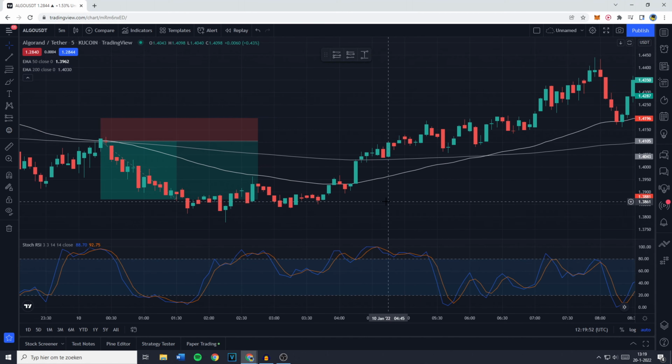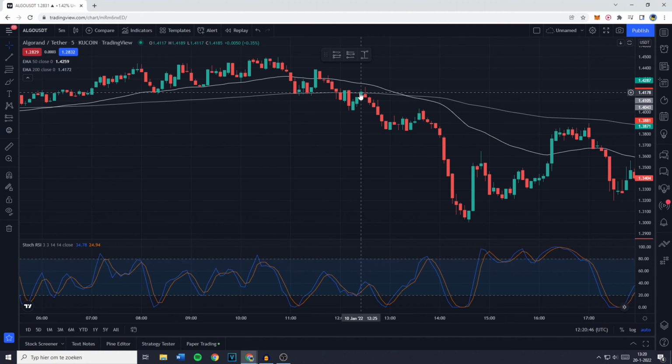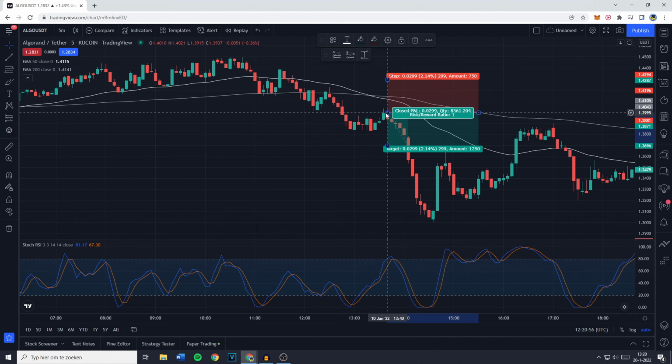So that's another trade. Now this trade you would not have entered, even though it's a breakthrough, and once again a breakthrough, the stochastic RSI is in the overbought territory, which implies that there's gonna be a price correction, and you don't want the price to come down to the 50 EMAs. Here's the next breakthrough, and because of the stochastic RSI you would not have entered, but a few moments later the stochastic RSI is actually in the overbought territory, so once again you could open up your short position,